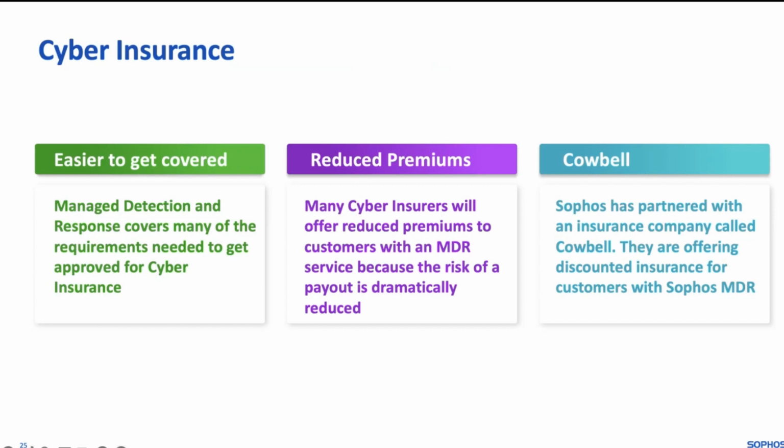First off, easier to get covered. So many of the requirements that you tick off during that cyber insurance form process, that's getting longer and longer every year, MDR is going to cover a significant portion of those requirements. It's going to make it a lot easier to fill out the form and get approved for cyber insurance, but